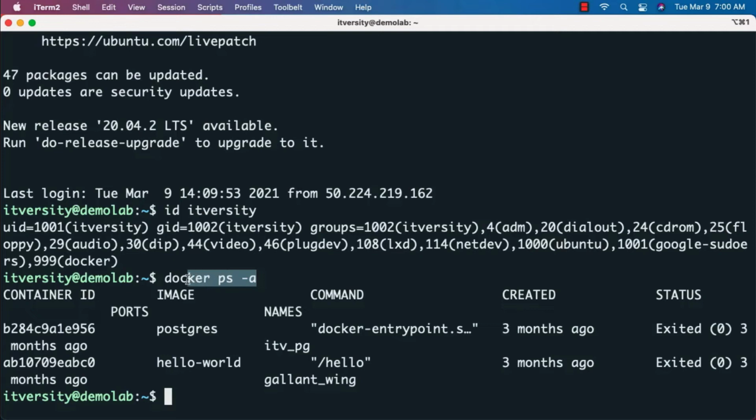The command we ran is nothing but docker ps -a. A stands for all. It will list all the Docker containers that are created so far. Both these containers are down now. If you look at these containers, there is one container of type Postgres with the name itv_pg. This is primarily for us to practice Postgres if you follow the content. It is not the container which we will be using for utilities such as Hive as part of our single node cluster. Let's create another container using Postgres image, but the name of the container will be different.